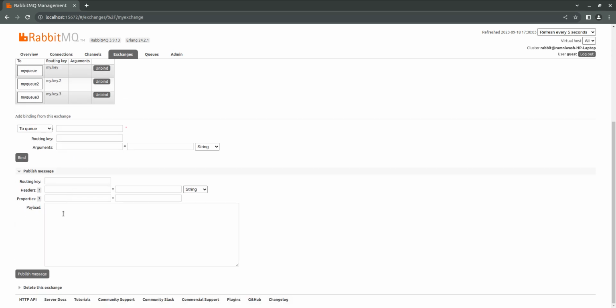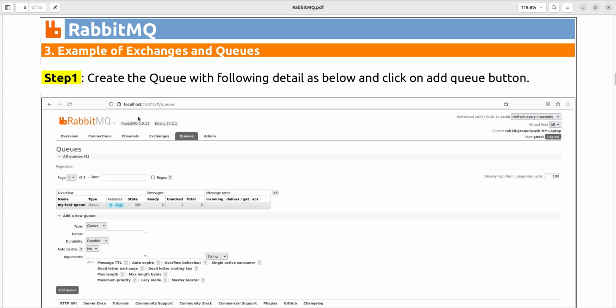So in that one, what we did, we just created our consumer application and we published our message using this dashboard only. So in this session we will create our producer also, and we will see how we can create our producer and how we can publish the message. We will see that flow. Okay, so first let's create